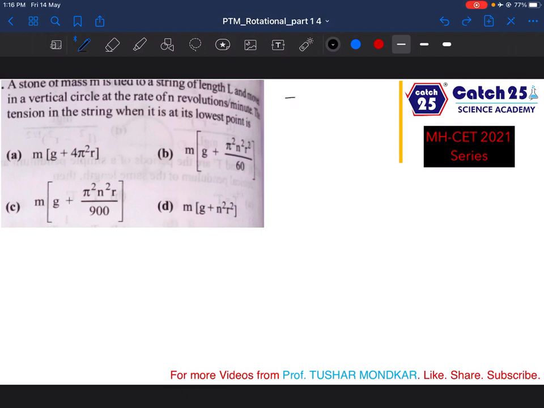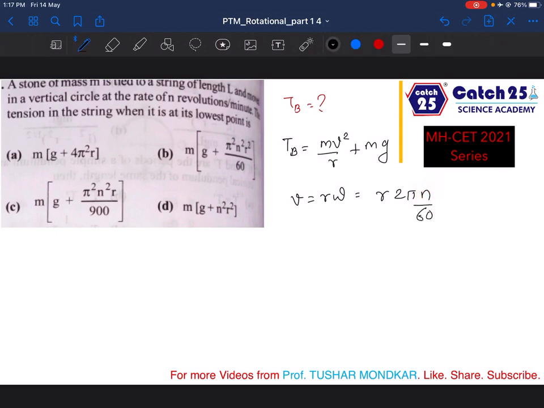If you recall, I taught you some formulas of tension, correct? So tension at the bottom by that particular formula is mv square by r plus mg, correct? Where this v is velocity at the bottom. But as you can see, they have not provided the data in terms of v. Instead, they want data in terms of n. So I'm going to write v as r omega, and instead of omega, you write 2 pi n. But as you can see over here, the n is revolution per minute, which is not an SI unit. Hence, I need to write this n in SI unit, so upon 60 will come.